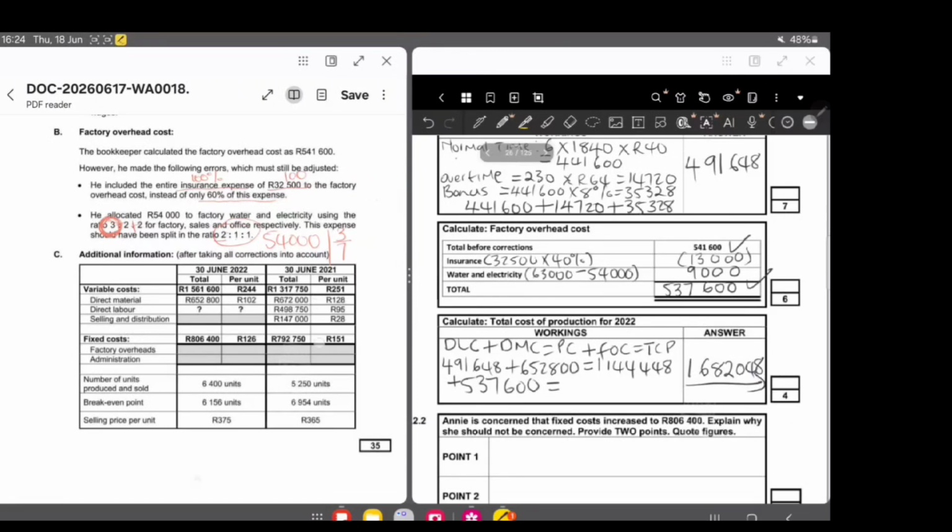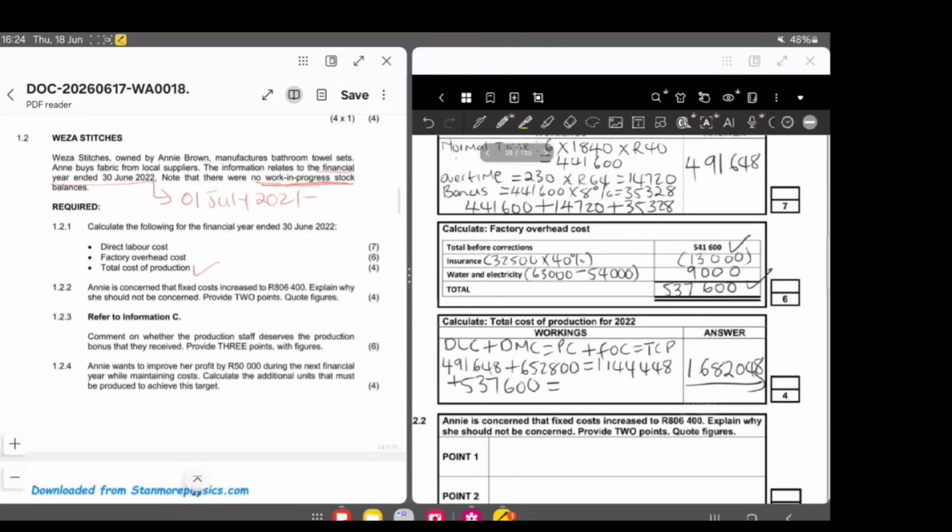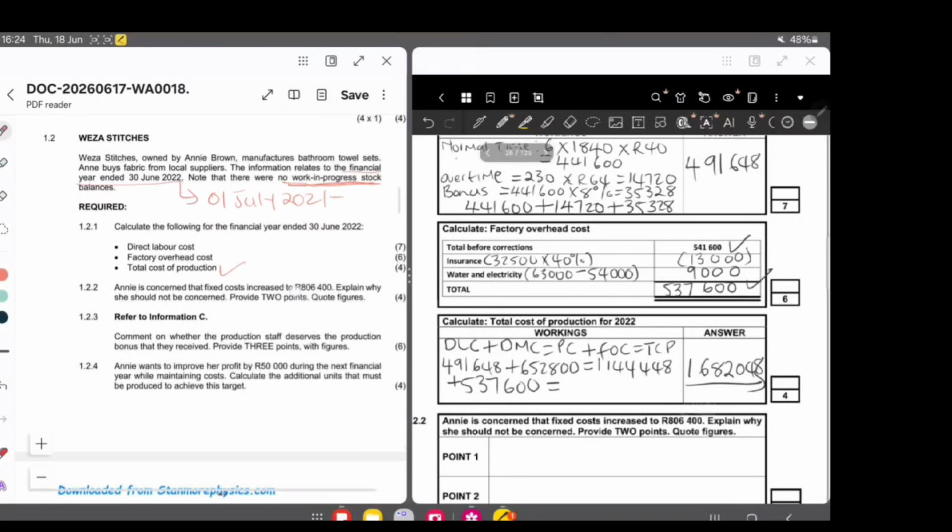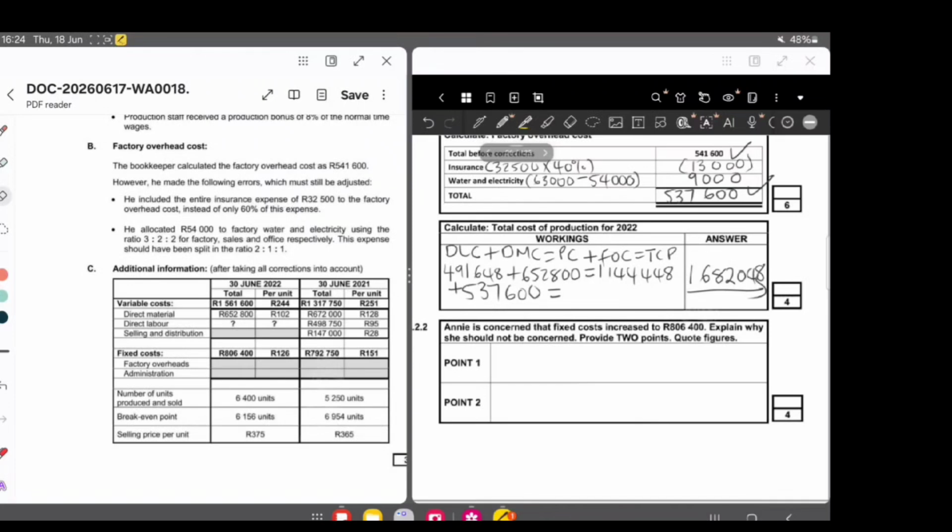Then now let's check the next question. It says that Annie is concerned that fixed cost increased to 806,400. They increased. Explain why she should not be concerned. Provide 2 points, code figures. Now, if you look at the total fixed cost there, they did increase from 792,750 in 2021 to 806,400 in 2022. So why she shouldn't be concerned? Because